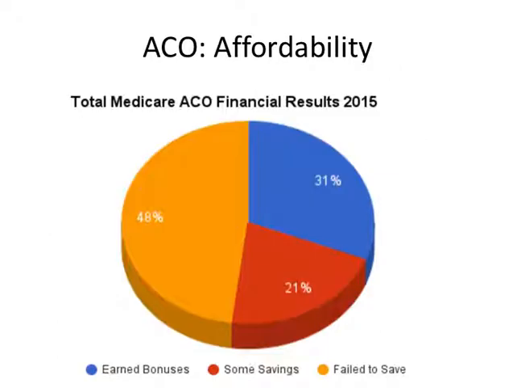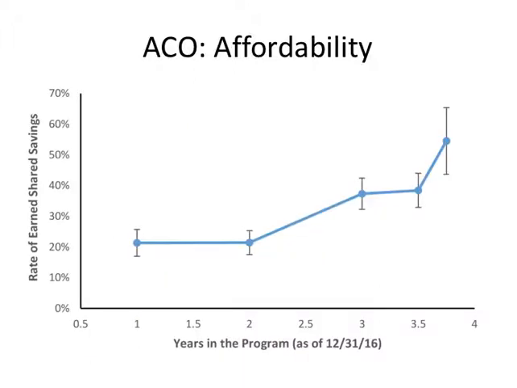In thinking about ACOs' affordability, the most recent data is mixed on cost savings. Savings have been variable and minimal at best. As you can see here, in 2015, 52% of ACOs saw some savings, however, only 31% showed significant cost savings. However, the cost savings seem to improve the longer that an ACO has been in the program. Thus, as the ACOs are just in their infancy, we will continue to monitor and see if they derive cost